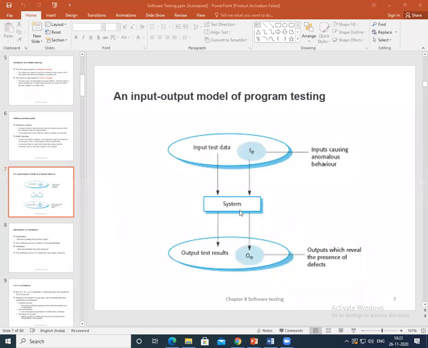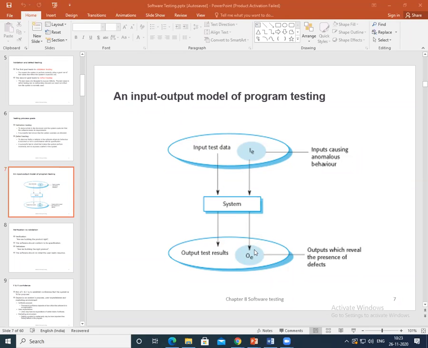You have a system in between, right? The system accepts input from some input set. What is that input set? That is set Ie, the set of inputs, and it generates output in an output set, that is Oe. It is not mandatory that all the output should be exactly correct. Some outputs may be erroneous. So these are all the outputs in set Oe that are generated by the system in response to the inputs in Ie.